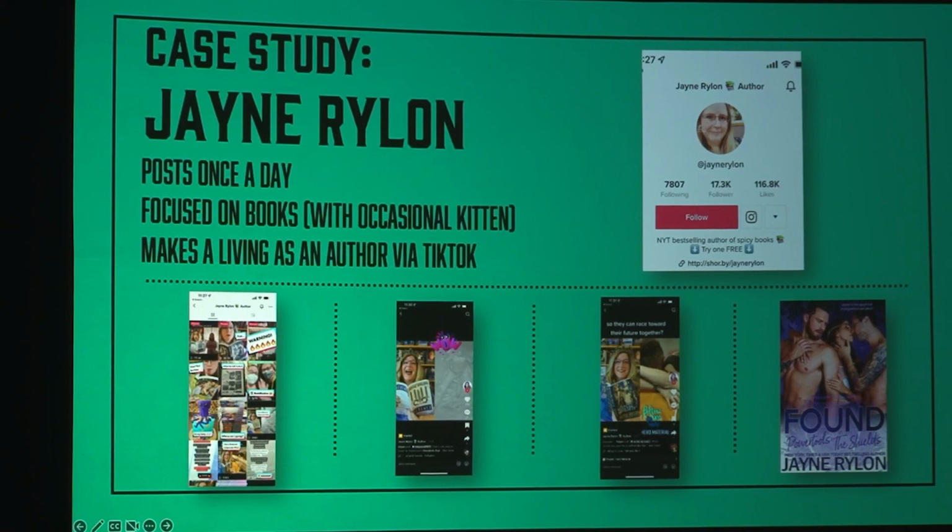In fact, Adam, you probably might even be the same. You probably didn't imagine yourself being a pin-up star on TikTok, and here you are every day. Excuse me, sorry. Let's have a quick look at Jane's.